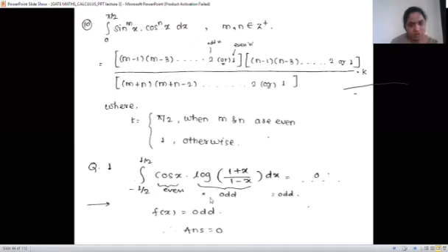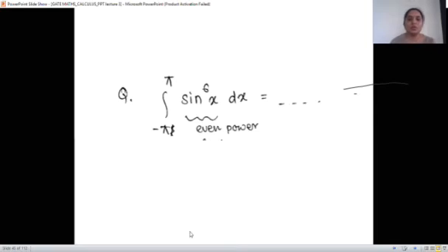How to check? Check f of minus x. So it will be log of 1 minus x upon 1 plus x. Numerator is denominator and denominator is numerator. If you want to convert it into the previous function, there will be a negative sign. We know log a by b is minus log b by a, right? So it is minus log of 1 plus x upon 1 minus x. So the function has a negative sign, that is, the function is odd. So even into odd is odd. And integration from minus a to a of an odd function is 0. So the answer is 0. This is your question. Tell me the answer.